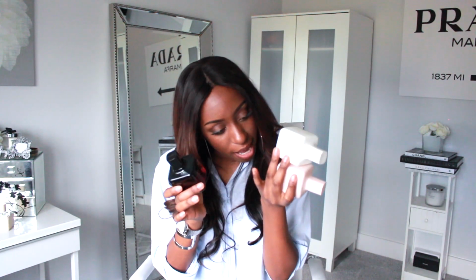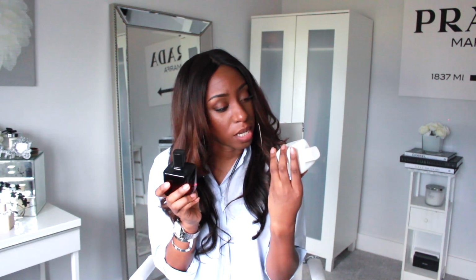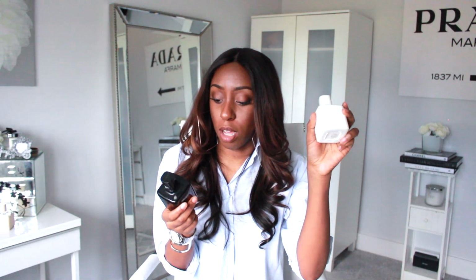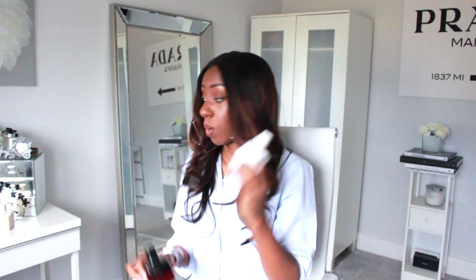Okay, so then we have these three. So this one is Red Vanilla, and it comes in a pack with this one, which is Zara Femme. This is an eau de parfum, this is an eau de toilette. This one, Femme, is the one that people always think is very high end, because it's sweet, it's very strong, it's overpowering in a really sexy way. So always get the eau de parfum version of this, because there is an eau de toilette